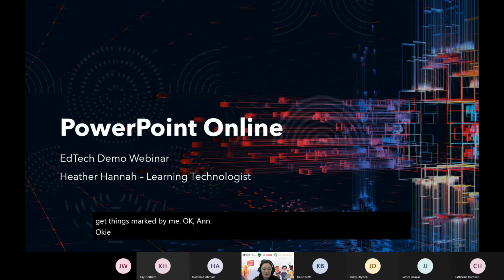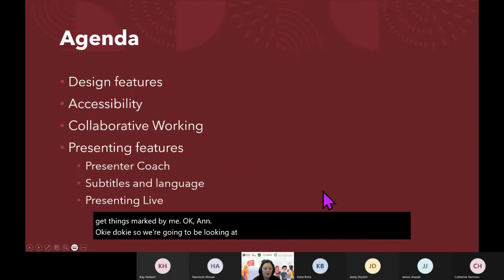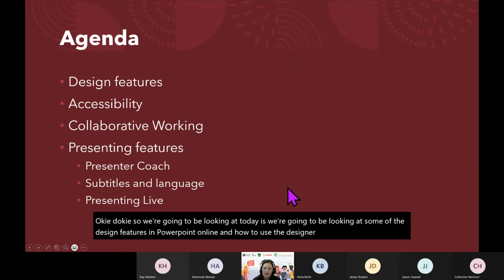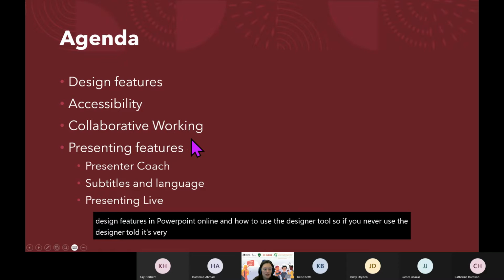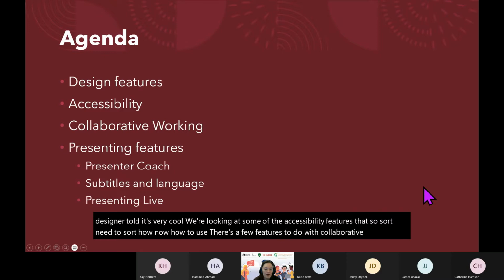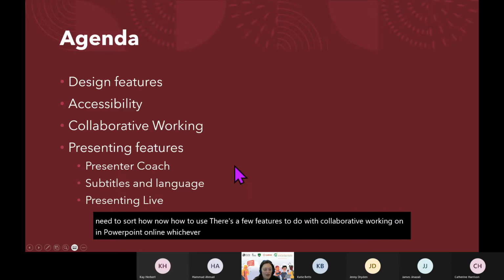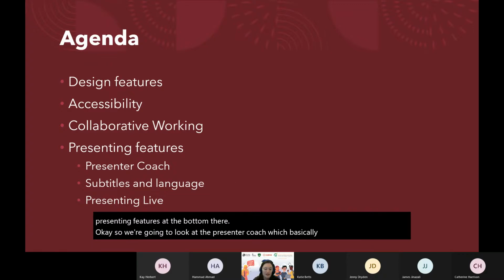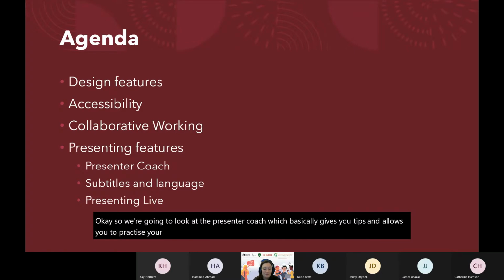So what we're going to be looking at today are some of the design features in PowerPoint Online and how to use the designer tool. If you've never used the designer tool, it's very cool. We're looking at some of the accessibility features you need to know how to use. There are a few features to do with collaborative working in PowerPoint Online, which are very interesting. And then we'll look at the presenting features. We'll look at the presenter coach, which gives you tips, allows you to practice your presentation and gives you some feedback. And how to set up the subtitles, like you can see here,